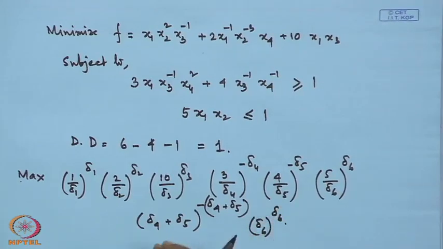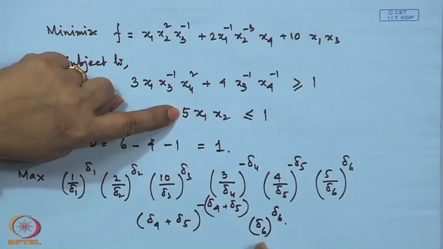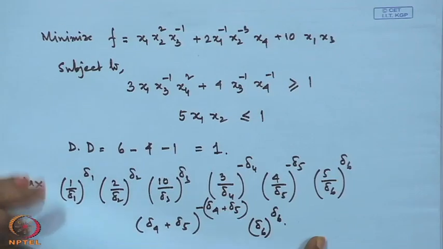Clear? This is one lambda k, this is another lambda k. Here only one term is there in the next constraint, that is why only delta 6 is coming here. Thus, this is the objective function for this problem. Now, if I construct the constraint set for this, that would be equal to,